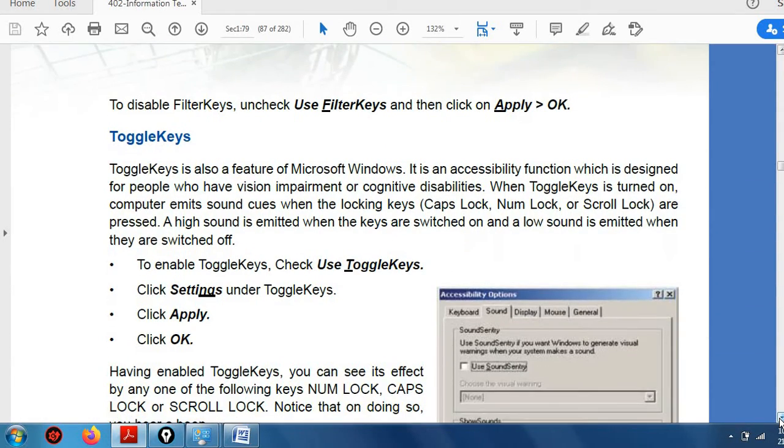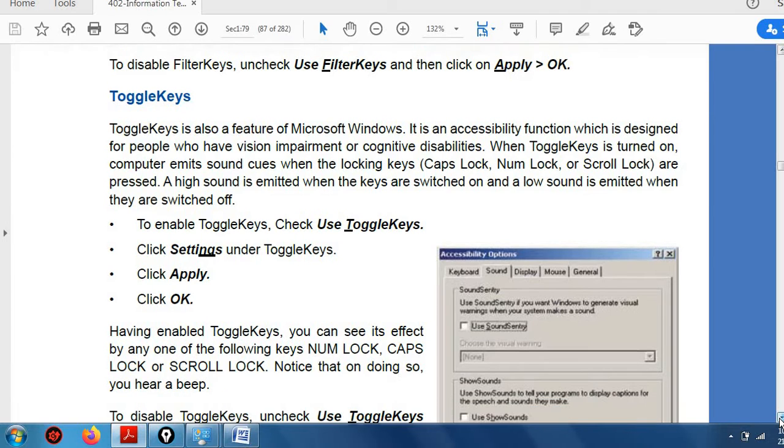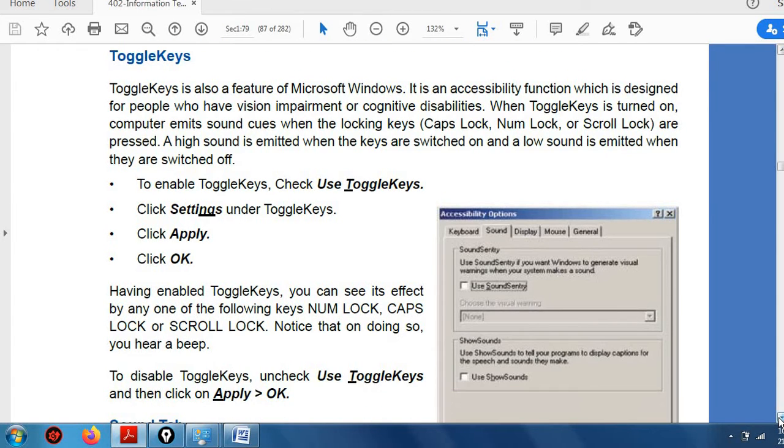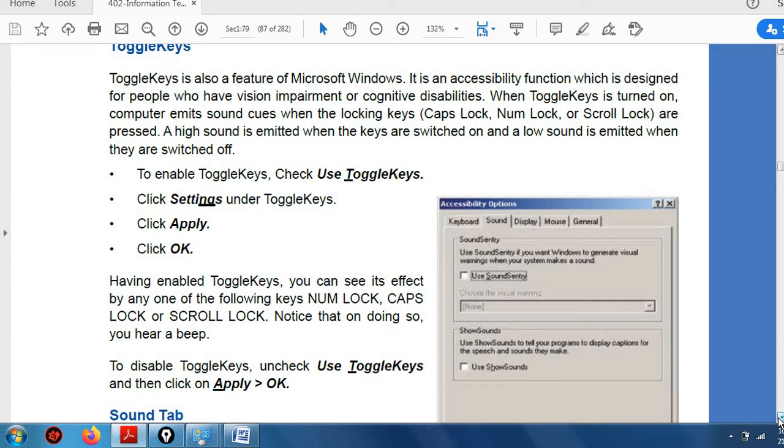toggle keys. What are toggle keys? In the case of toggle keys, with Num Lock, Caps Lock and Scroll Lock, in all these keys a sound will be produced. Toggle keys is also a feature of Microsoft Windows. It is an accessibility function designed for people who have vision impairment or cognitive disability.